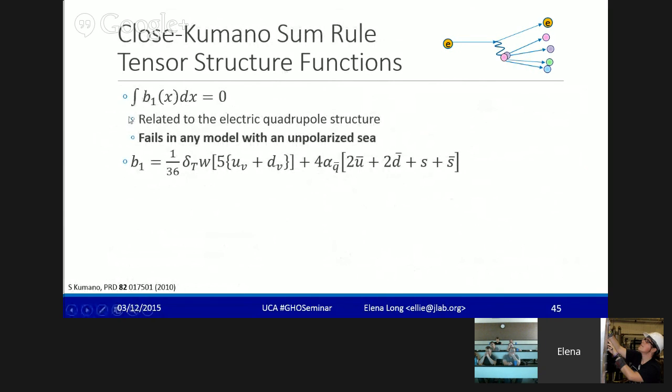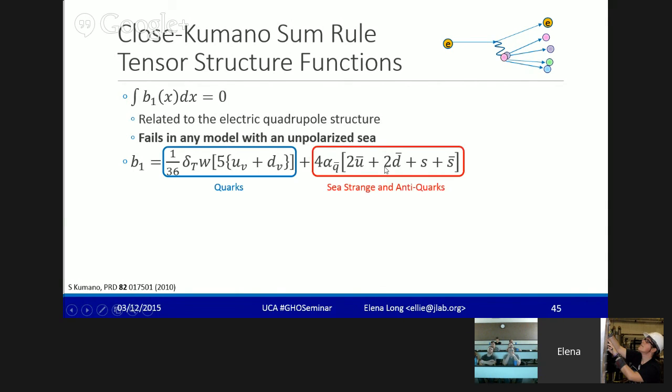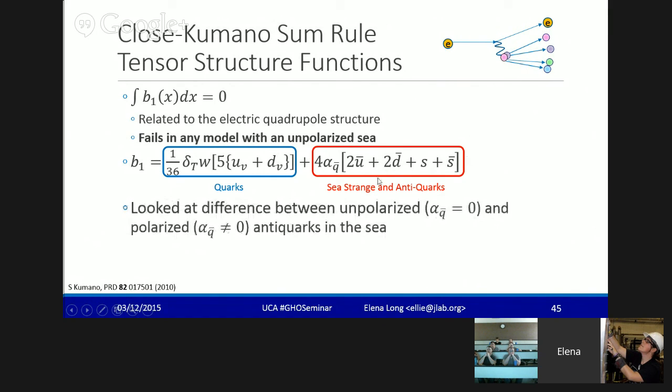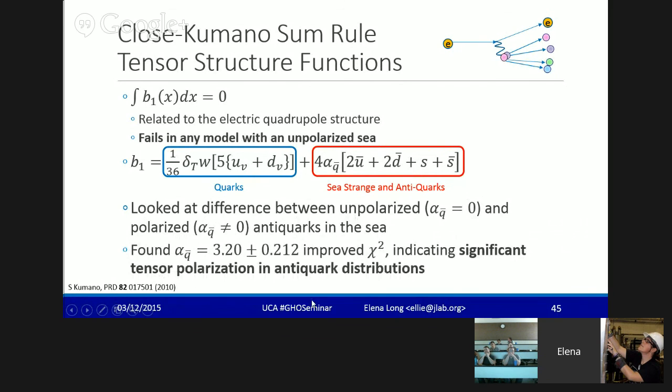So basically, if you add up B1 times x over that whole region, they expect it to be 0. But if you have an unpolarized sea, this doesn't work. This fails. So B1, they split up into the quark part and then the sea quark part, which is these quark-antiquark pairs, although they're only looking at the antiquark part of that. If they leave it unpolarized, then this term here is 0, so that whole piece goes away. Or if you look at it polarized, that's non-zero, and you have polarized antiquarks. And what they found is it wasn't 0, and it showed significant